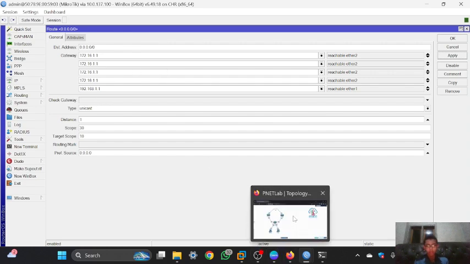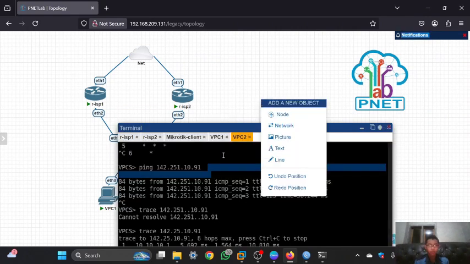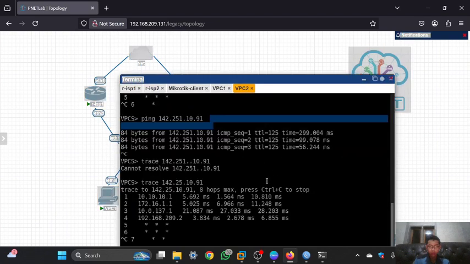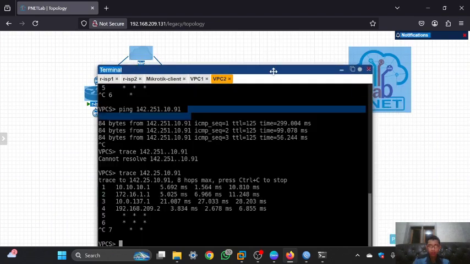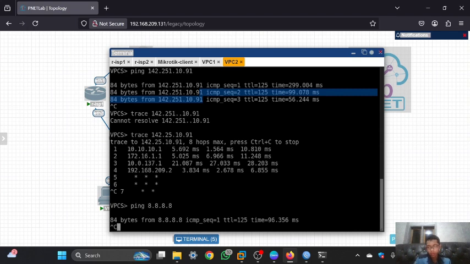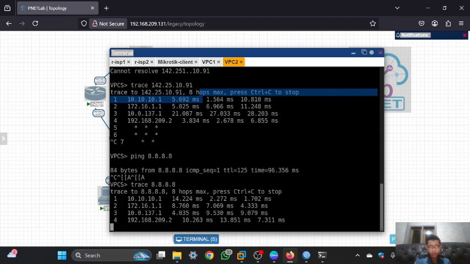And if I try to ping the internet from the client, I will try from VPC2. I will try to ping Google, and I will trace the IP of Google.